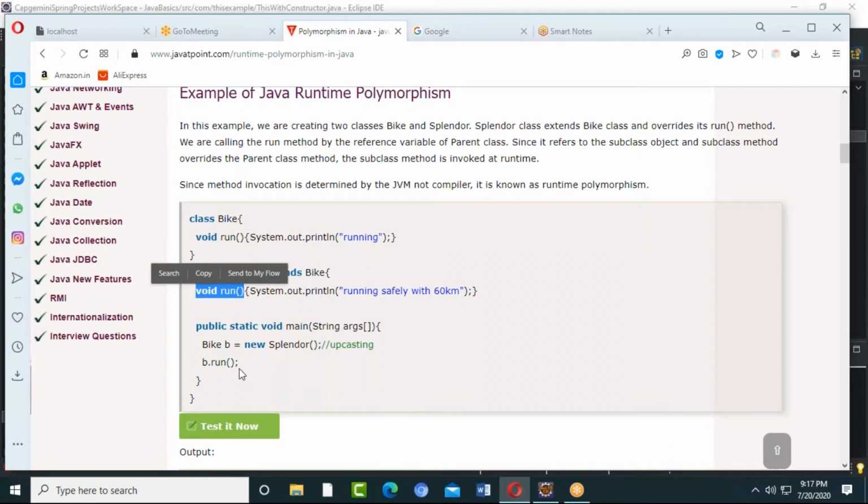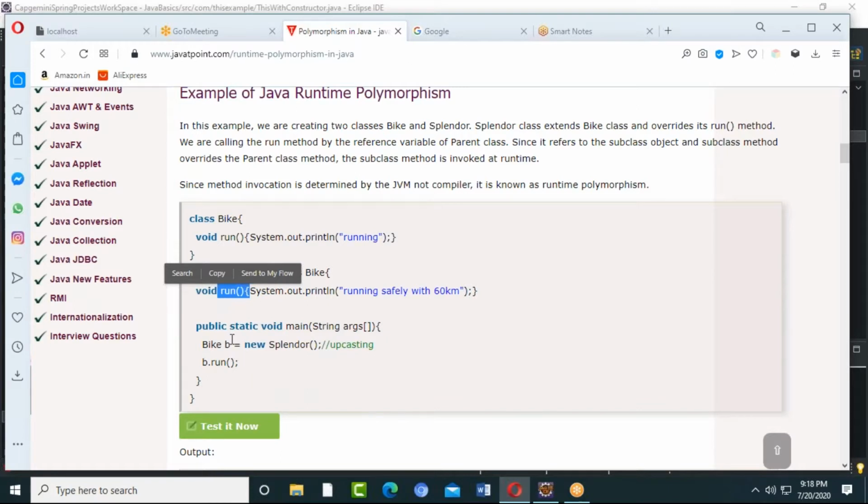If you are calling that method, obviously it is going to call the subclass method. That means dynamic polymorphism is there. We are talking about the overriding concept. When your class has overridden a method, even if you create a subclass object with the reference of the superclass, that also comes under dynamic polymorphism only.